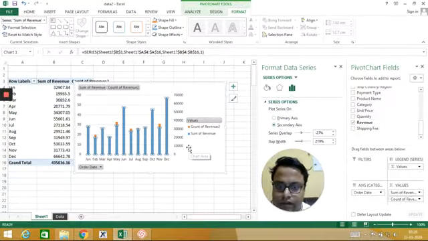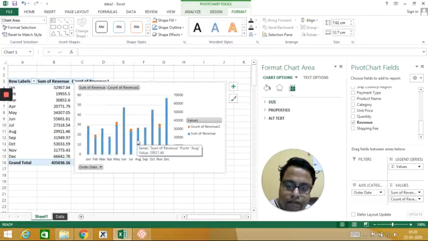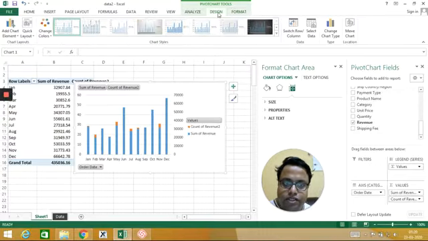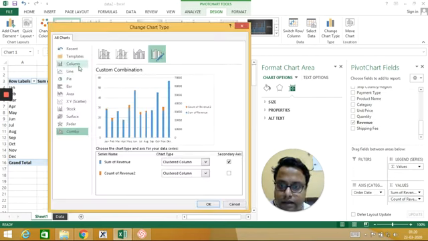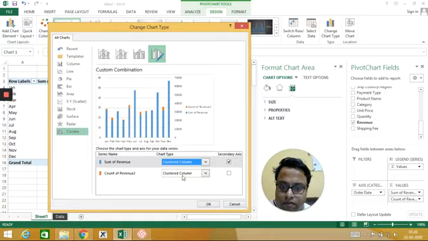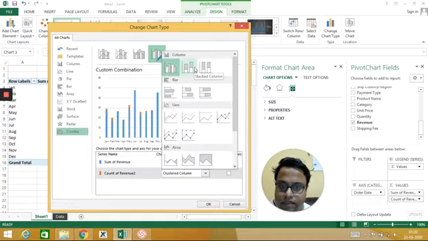So if I now make this one as secondary axis, so now I have the values which are okay. So instead of stacked bar chart, why don't I change the chart type and make it a combo chart where the first chart and the second chart is on a secondary axis. Instead of clustered column, yeah, this is clustered column, and this one is also clustered column. Okay,